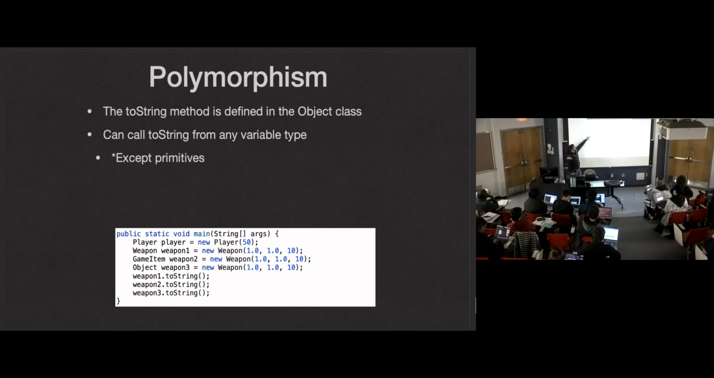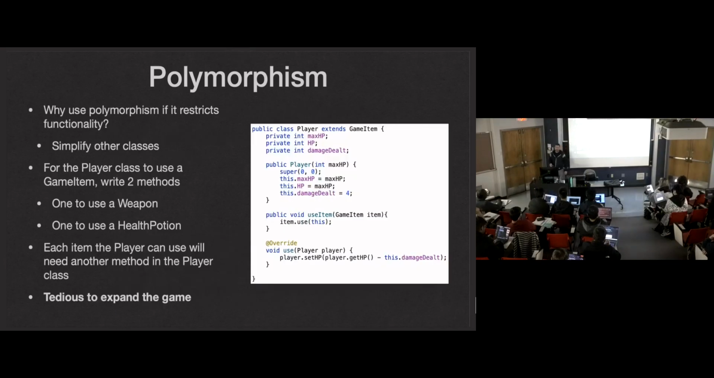So we can count on every single object having a toString. Every single object, so not every single variable because you have to exclude the primitives. It's always one caveat there. You can't do int x equals 7, x dot toString. It's not going to work because it's not an object. Okay. Any more questions on that? All